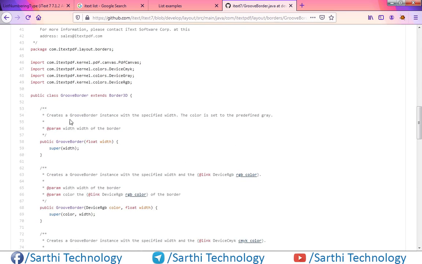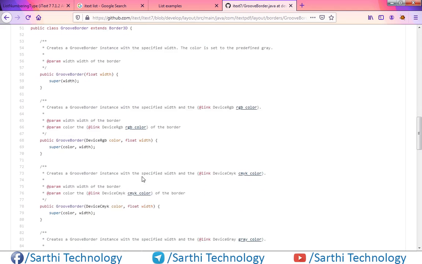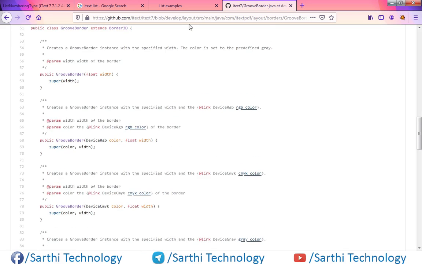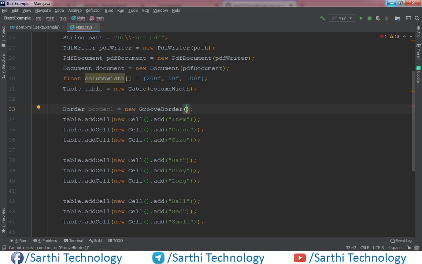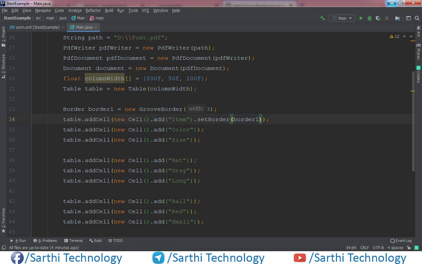Here you can see its constructor. First is width, and another is RGB color and width. So what we need to do is just put the width here. For example, we will put 3, and now add this border in this cell: dot setBorder and border1.